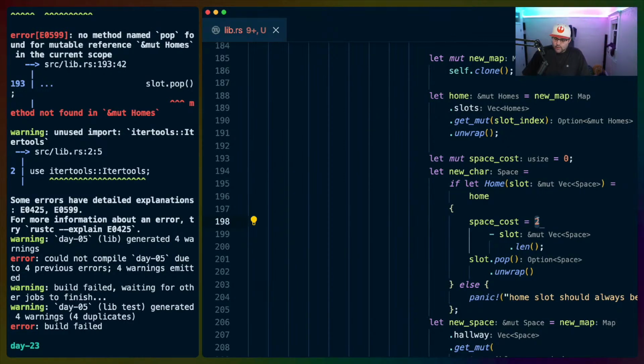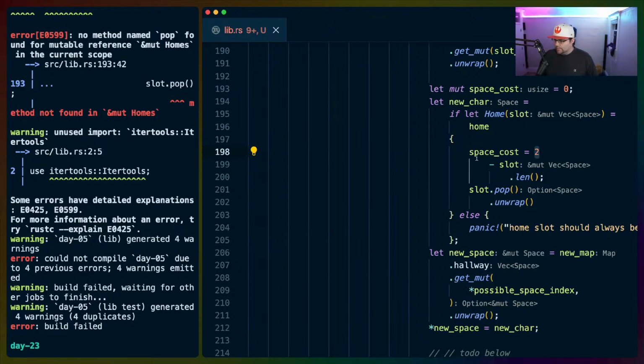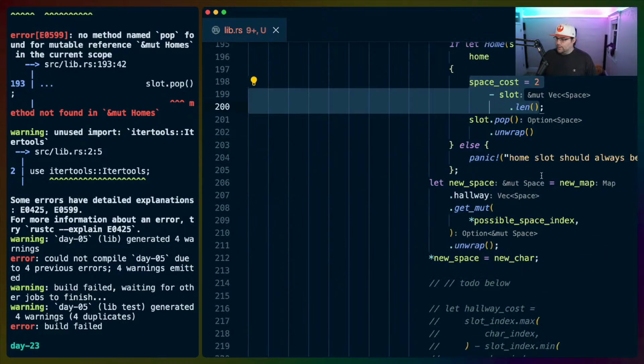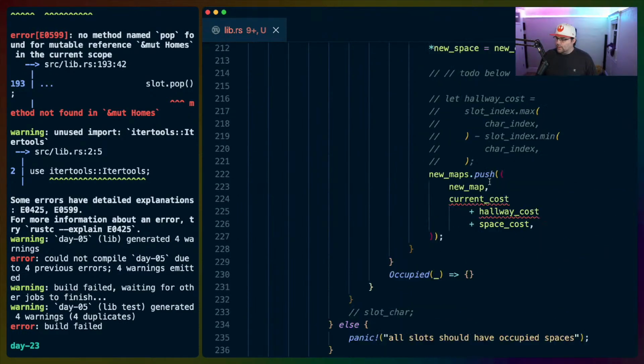I think we count all of the hallways in the other one. So what we do here is 2 minus slot, because we're still calculating the same value as before. So if it's 2, then the cost is 0 because everything's in the hallway. If it's 1, then the cost is 1 because it has to move up 1 before it can move into the hallway. And then the hallway cost